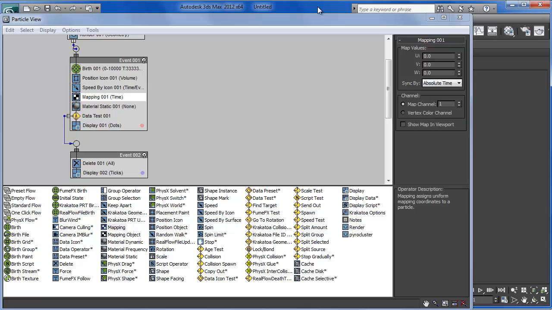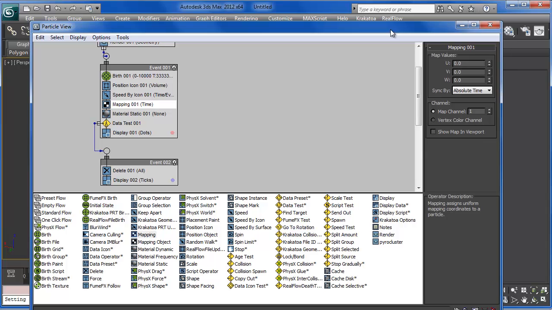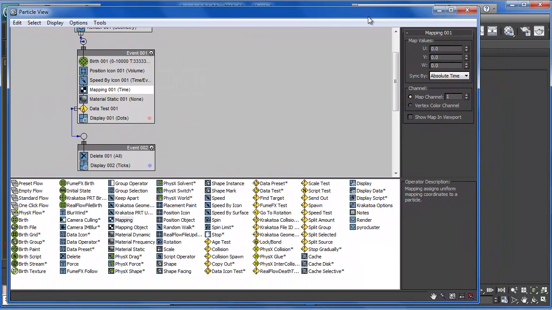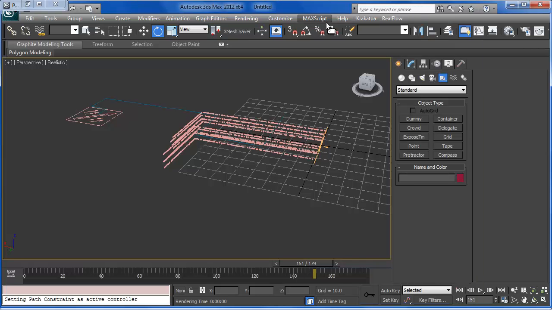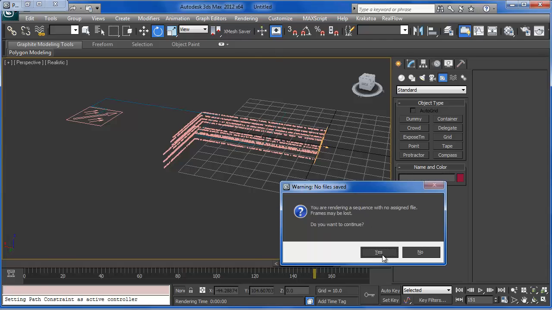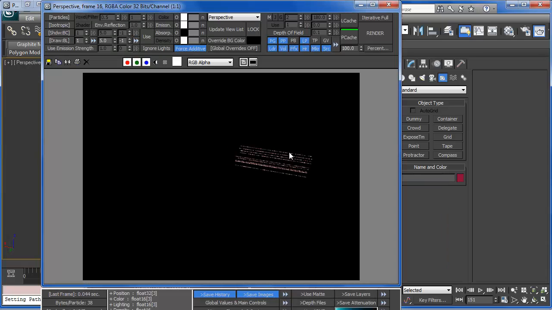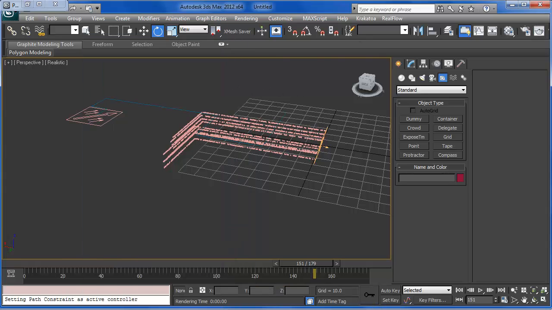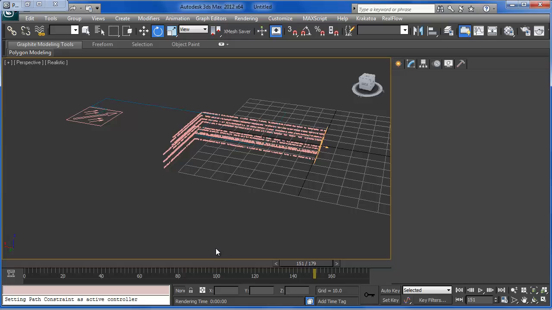They will be used for mapping coordinates to get the color from our map. So let's render. We see the first color. Okay, let's cancel, and if we change this to